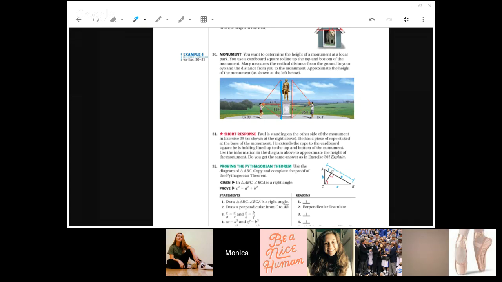And we have an altitude that's drawn from the right angle to the hypotenuse, and it divides it into two sections. So when we set that up, we're going to have a proportion like this, right? And we know that that altitude divides the hypotenuse into two sections. And if we set it up like example 4 or like theorem 7.6 shows,